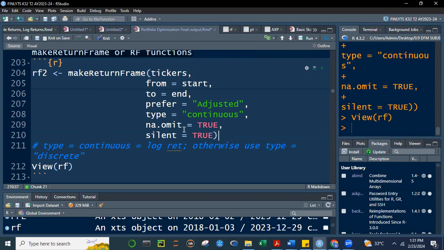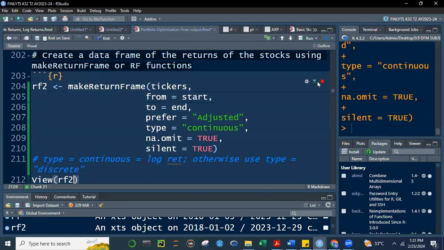There's already this na.omit is equal to true. So if I generate, okay, I'll put here rf2. So I'm creating this object rf2. I'm using the make return frame function, and na.omit is equal to true. Okay, so if I run this and print rf2 there,